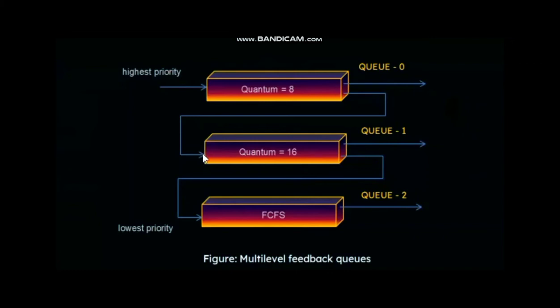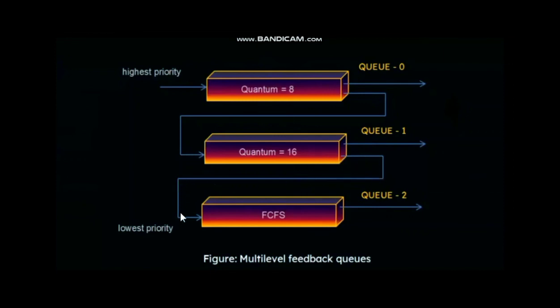Then the processes in Q1 will be allowed to execute, but only when Q0 is empty. Let's assume that Q0 is now empty, and the processes in Q1 can begin their execution. The first process at the head of Q1 will begin its execution, and there is a time quantum of 16 milliseconds here. If a process completes its execution within 16 milliseconds, then it is finished. But if it is not finished within the time quantum of 16 milliseconds, then the process will again be moved from Q1 to the tail of